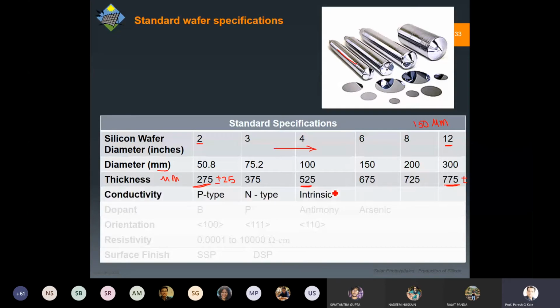Anyway, talking of electronically active, we have to define whether it is a p-type, n-type, or an intrinsic wafer. Intrinsic means there is no doping. Extrinsic means either p or n-type depending upon the dopant. You can even specify what dopant you have. It may be boron, phosphorus, antimony, or arsenic, because in certain applications, although a dopant is good in general, this dopant might be bad.